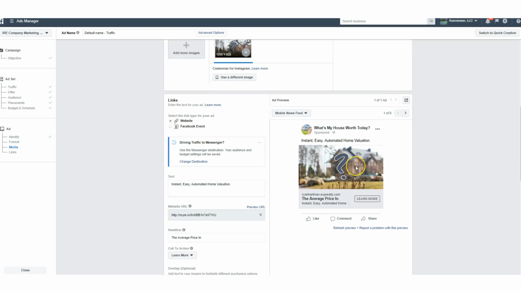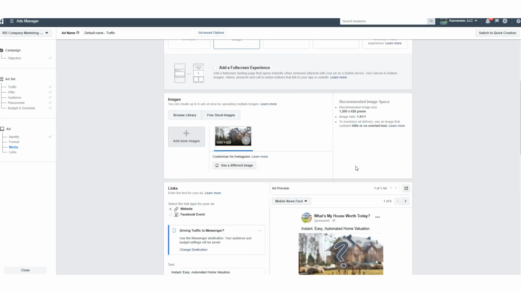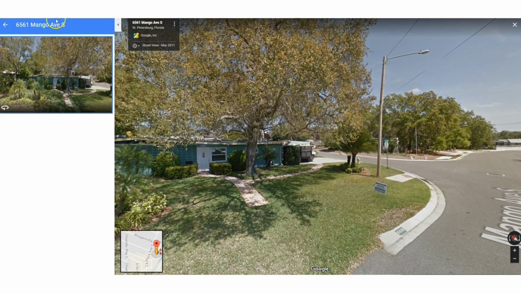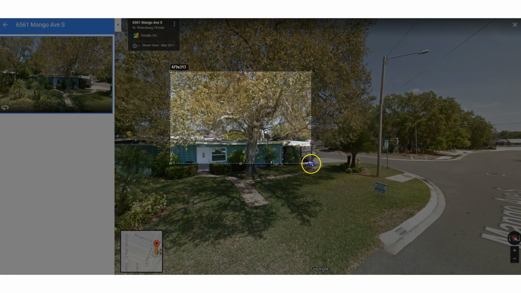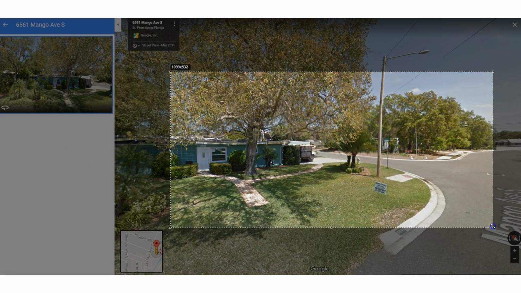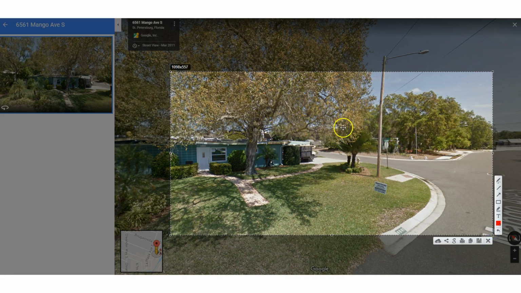There it is. So that's a pretty good image, but I wanted to show you my favorite technique for doing these seller ads that I know from lots of testing will get you the cheapest cost per click. And that technique is to head on over to Google Maps and search for a specific address. So I've already done that here. Search for the address in Maps and then click on the street view. And what you do is you're going to use the Lightshot screenshot program and just grab a rectangular, roughly 2x1,